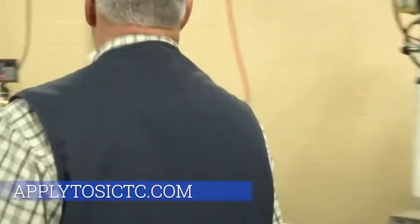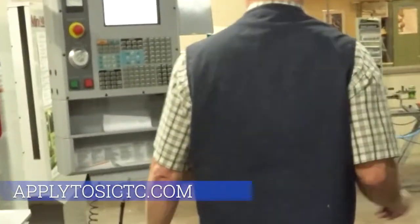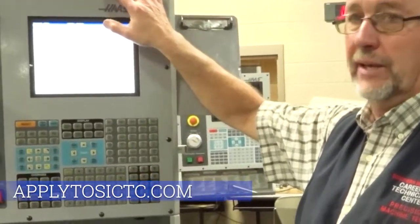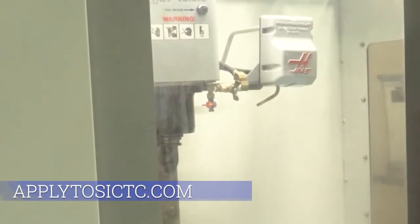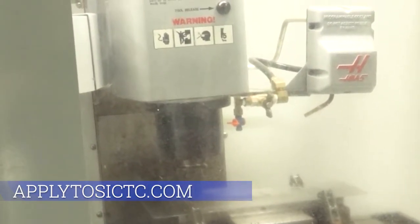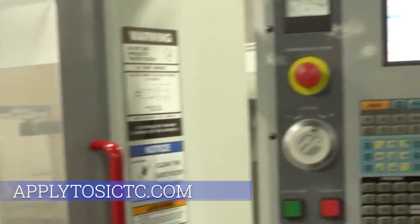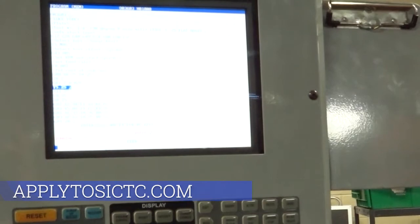And they are located in another area of our lab. And we have here a 3-axis milling machine, meaning it will move in all 3 axes, X, Y, and Z. And we have a plate set up that has a design on it that a student created. And that is all written in specific computer code, which is on the computer screen. And as the machine goes through the process,